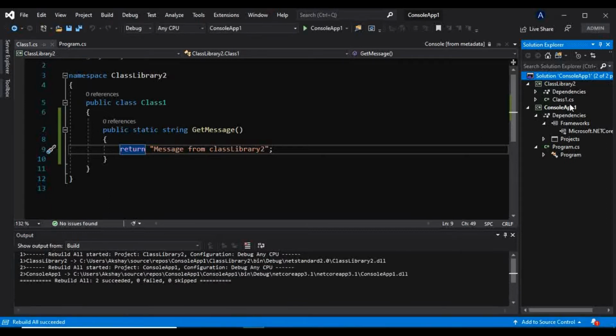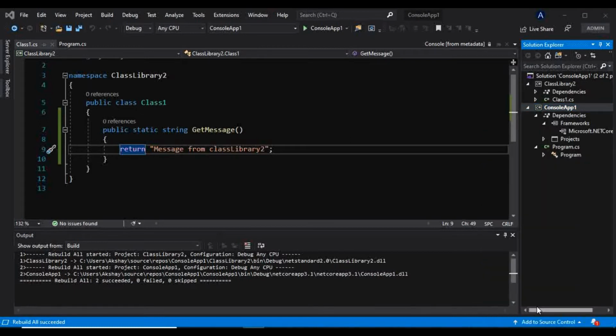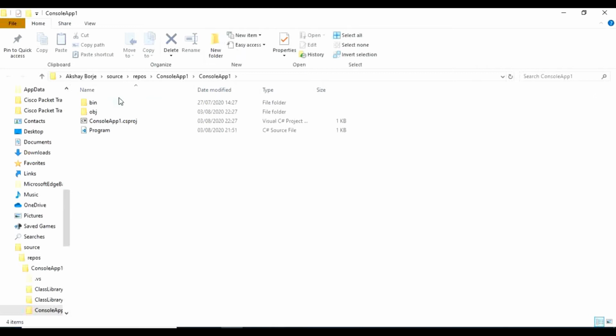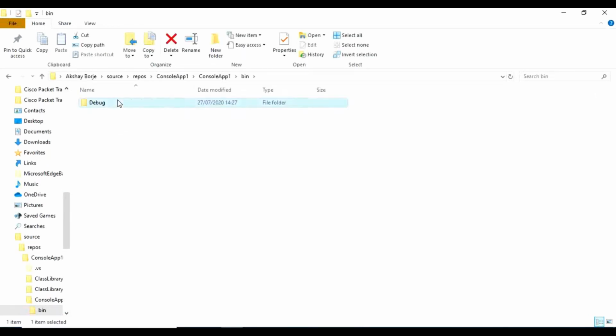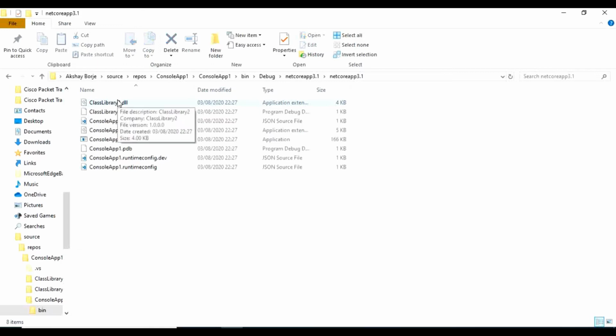Build succeeded, and we know where we can find the assemblies. Open folder in File Explorer, debug, netcoreapp3.1.